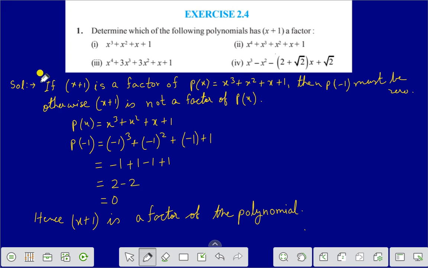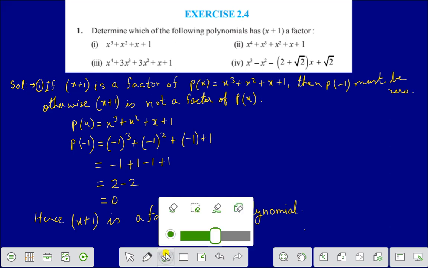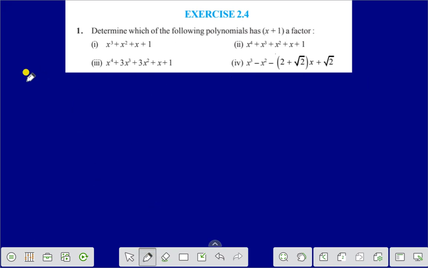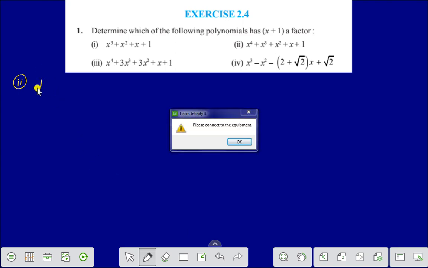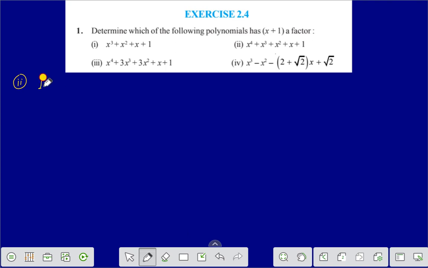Right? This is question number 1. Now solve question number 2. Here, question number 2 is p(x). Again the question is: determine which of the following polynomials has x plus 1 as a factor. If x plus 1 is a factor of